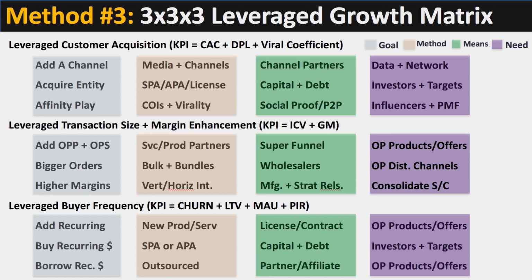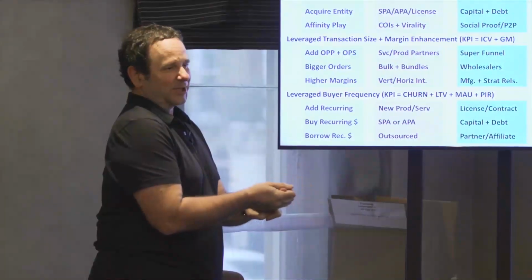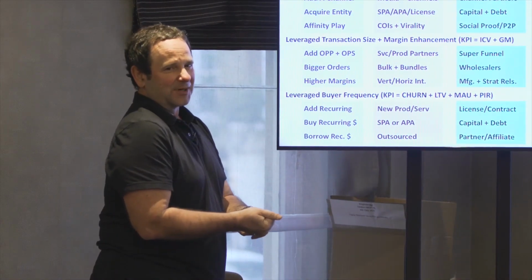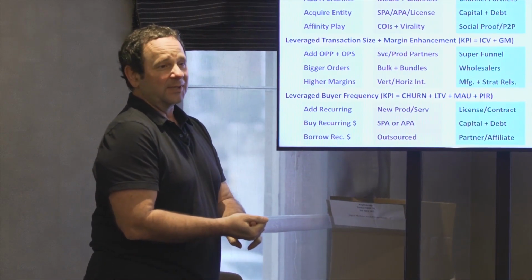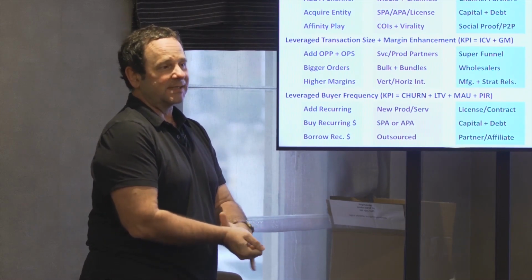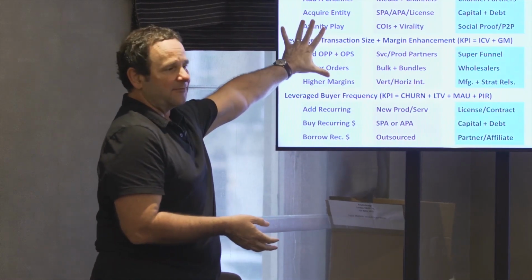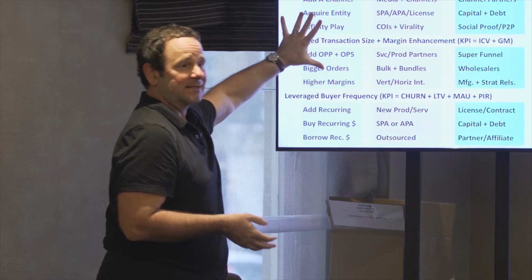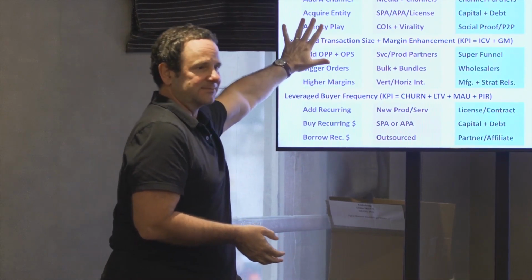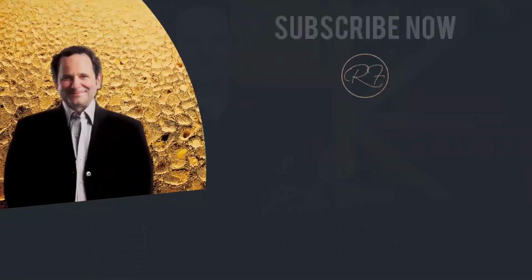So those are the three big things that you want to be thinking about, the J. Abraham 3. How can I get more customers? How can I get them to spend more? How can I get them to buy more frequently? But instead of thinking about it just that way, thinking about it in a leveraged way is how can I get a ton of those? How can I get a lot more customers or get them a lot more, right?